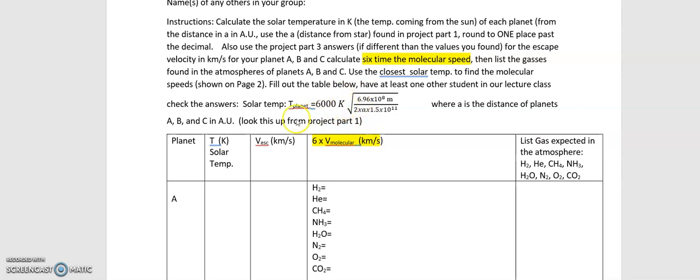And so you do this calculation, and this is basically the temperature that a planet would be at, right at the upper atmosphere of that planet, if it has an atmosphere. Actually, that's what we're going to calculate: just the solar temperature, the temperature that comes from the radiation coming off of that particular